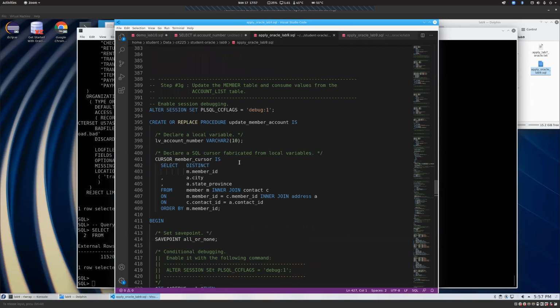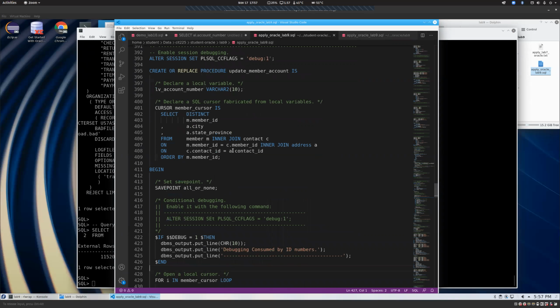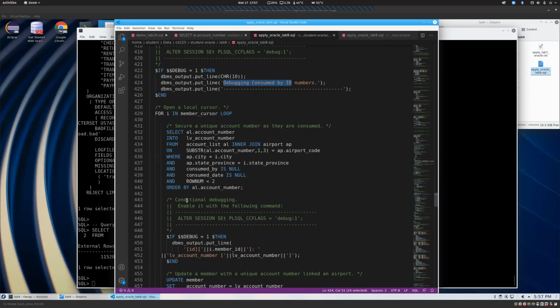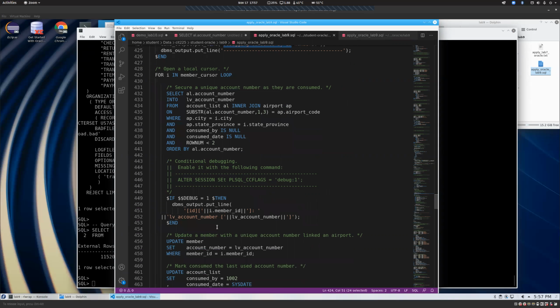We're going to try to debug this a little bit further, because we run through our member. Let me look and see. Okay, so it says debugging, and it selects the account number. If the debug is equal to 1, then DBMS output line. And it would make more sense if your SJC numbers were duplicated too, because if you rerun this multiple times, you actually end up doing that. But what's strange,